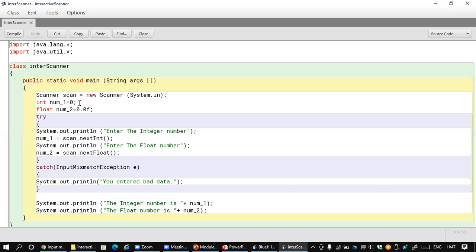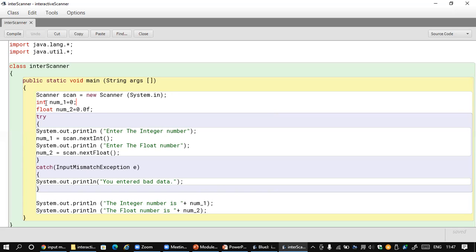That's why it's static. Now here we specify Scanner scan is equal to new Scanner. It means we are using the Scanner class of the util package, by using an object called scan, allocating memory, and also initializing the constructor of the Scanner class.